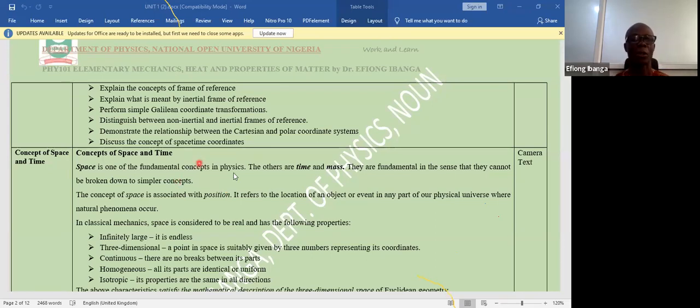All right. So now the concept of space is associated with position. That's the location of an object in space. So once you are talking about space, you are talking about location or position. That's what it means. I hope that is clear to you. Now, once we talk about space, we are talking about how you can locate the position in any portion of